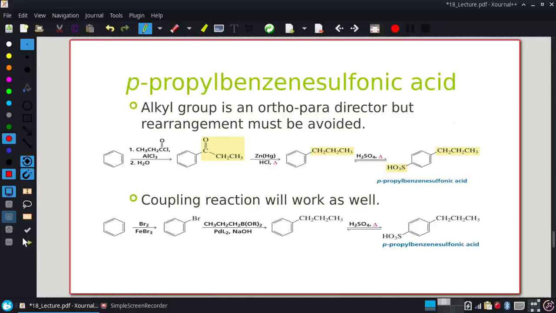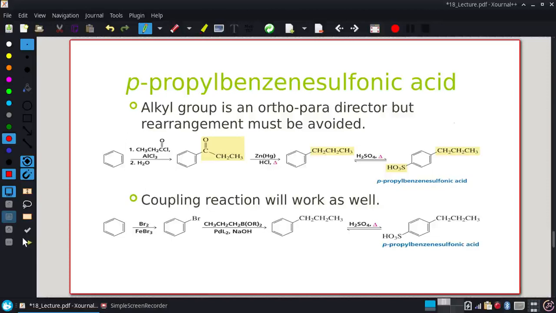So preparing propylbenzene sulfonic acid and para. So I'm going to have the propyl group and then the benzene. Yeah, I've got a couple ways we could do this. So we're going to do that same type of thing. So since this is CH2, CH2, CH2, and I want to put it on without any rearrangements, I can put it on